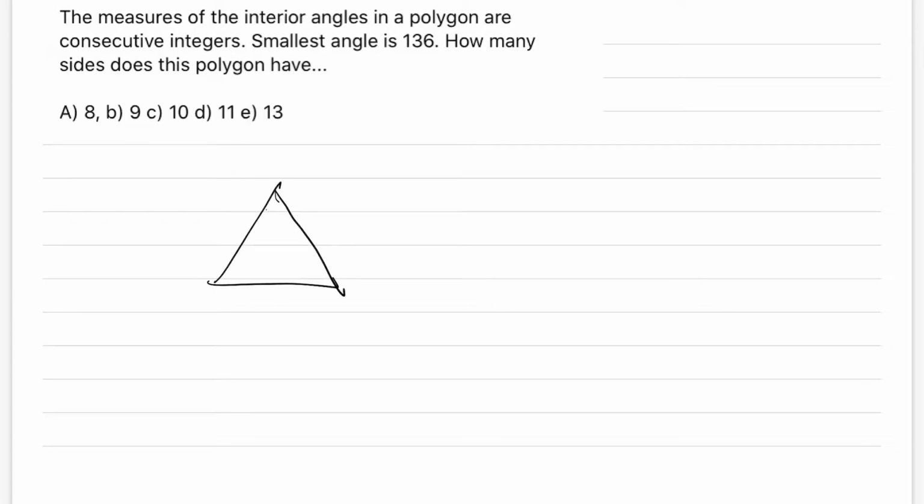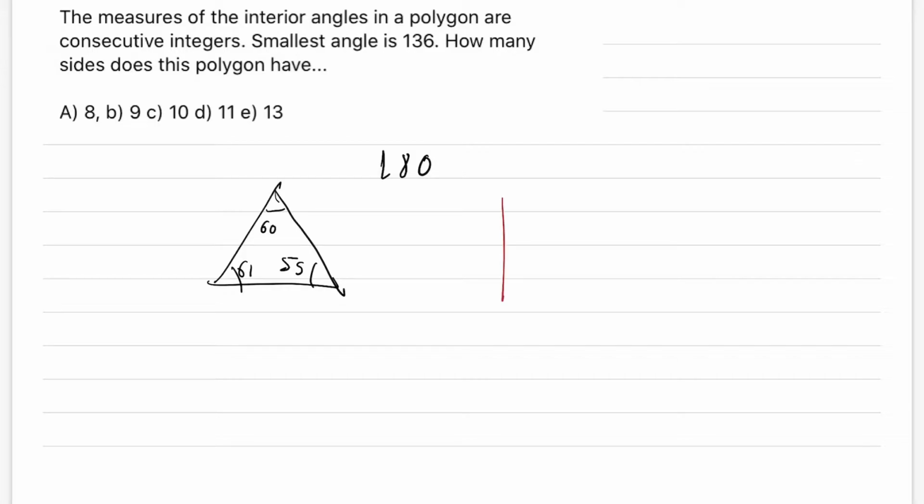A triangle has a sum of angles of 180. It says that the interior angles are consecutive integers, so it would be, I don't know, 59, 60, and 61. This would be a triangle with the interior angles in consecutive integers. Okay, so let us erase this, and